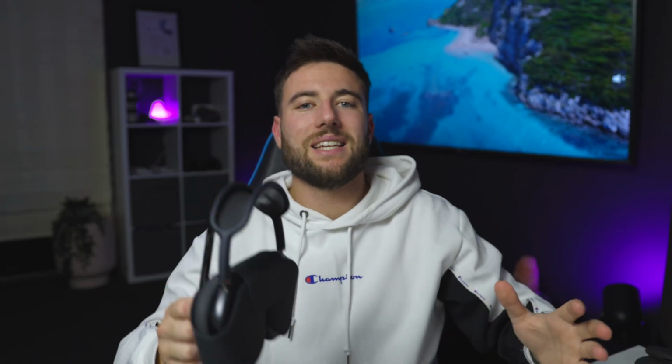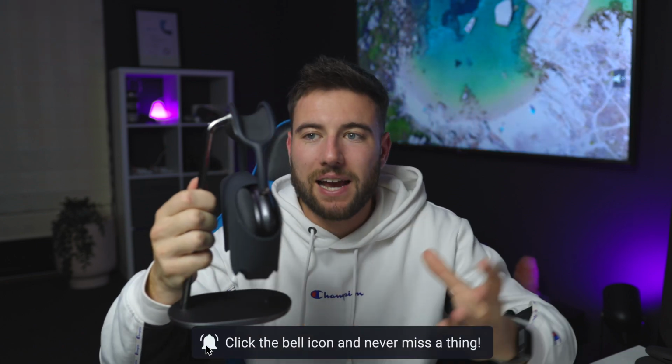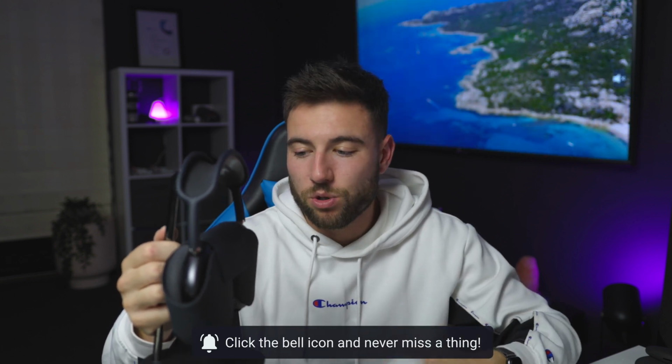All right, finally, this is the headphone stand here, fully unboxed and all ready to go. This is what it looks like on the stand with the headphones on, with my AirPods Max, the black version as well, or space gray, whatever you want to say. But I think this headphone stand really complements the headphones, and I think it just ties in all together and